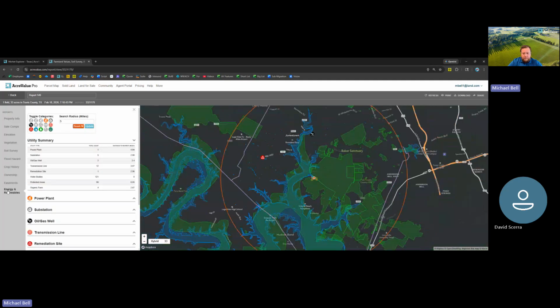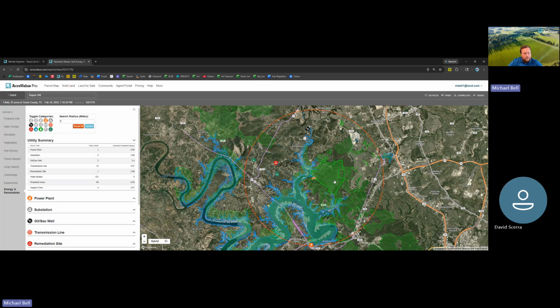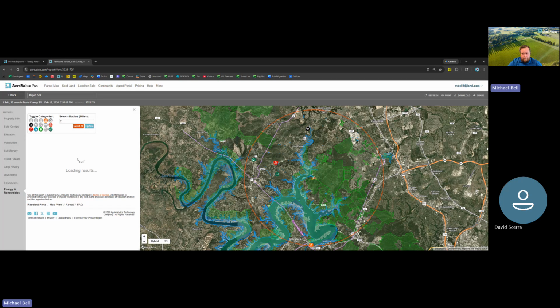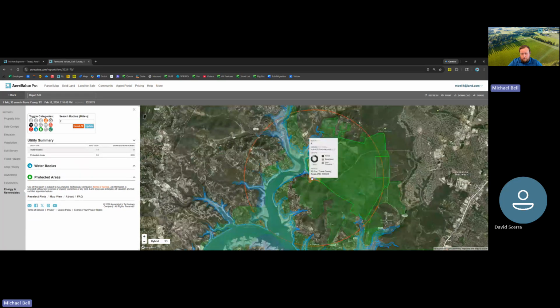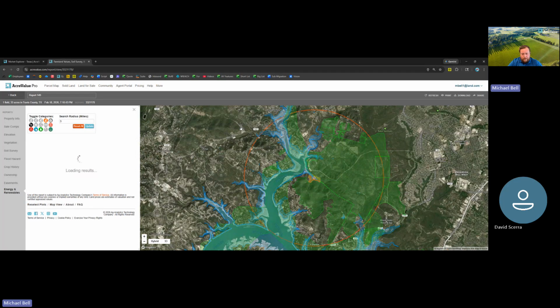And then finally, this one is really neat. This is going to be our energy and renewables. So let me go ahead just to give you a clearer view. I'm going to get this down to a 2-mile radius. It defaults to a 5-mile, but this gives you really an all-encompassing view of everything around our targeted parcel here. Let me go ahead and make this 3 because there is something I wanted to point out, which is just outside the radius right here.